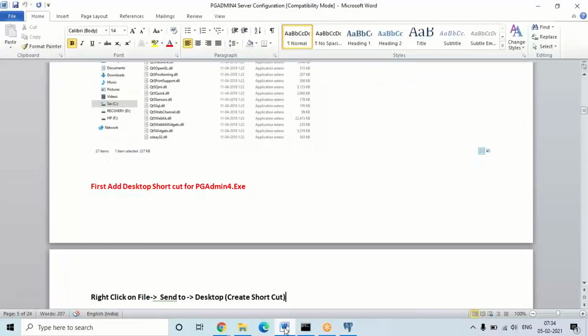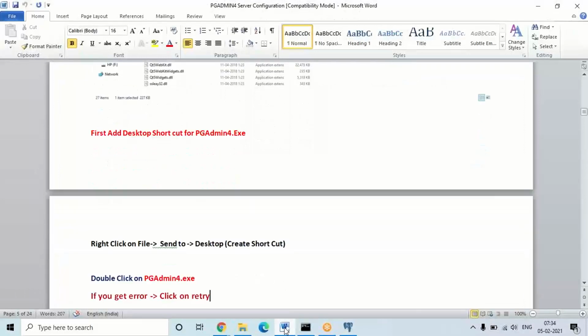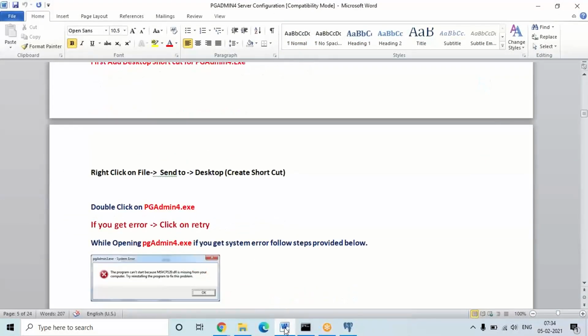Mostly it will be something like msvcp120.dll, maybe two or three pop-ups like this. Most of you will get this error. That is a common issue.